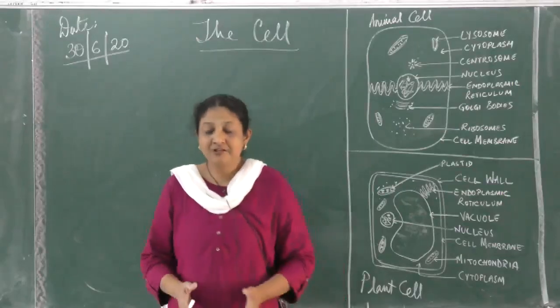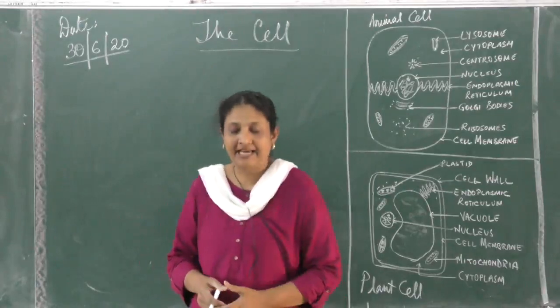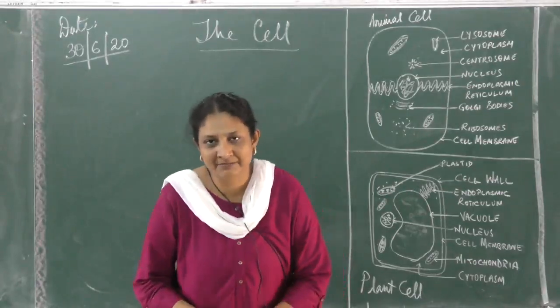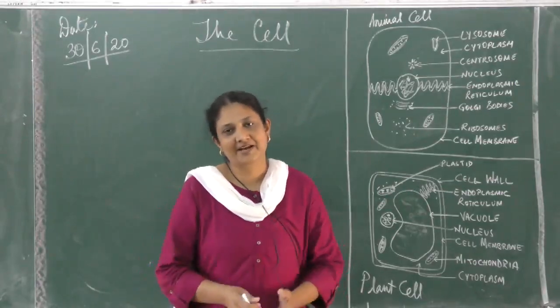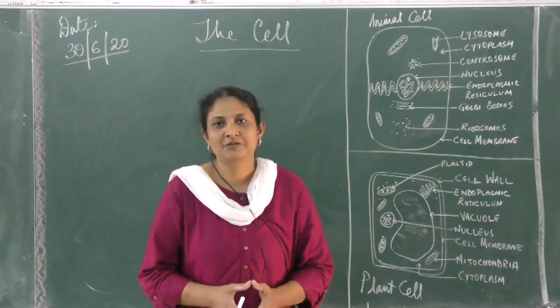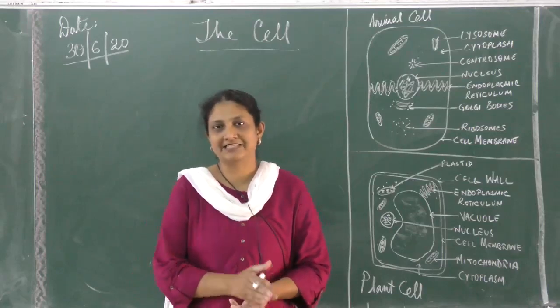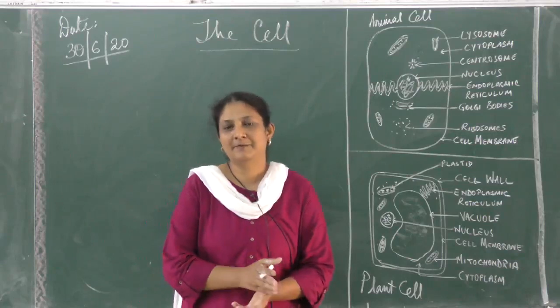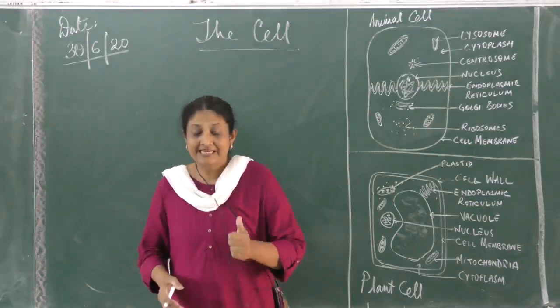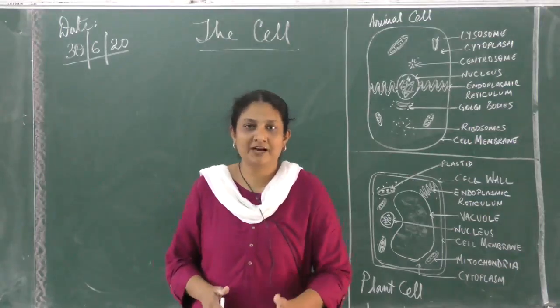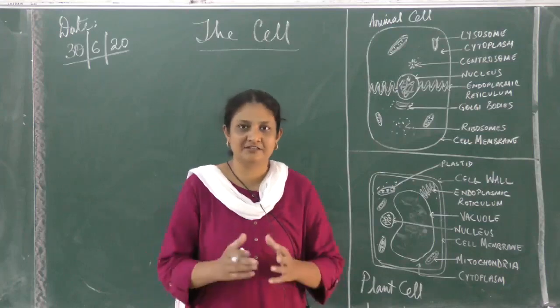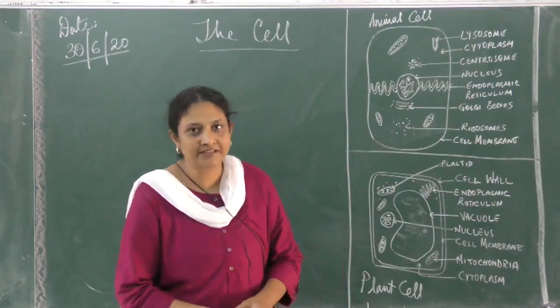Okay. The centrosome that we have next in line is present only in animal cells, and it is another striking and distinguishing feature which we find only in animal cells. It is a striking feature. It separates a plant cell from an animal cell. Centrosome helps in reproduction. It initiates or starts reproduction, and it is found near the nucleus.